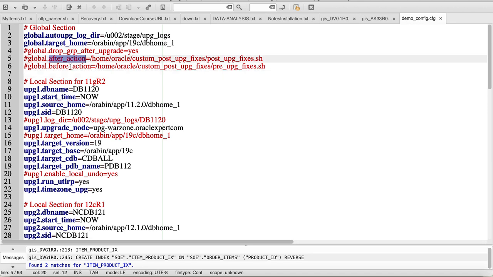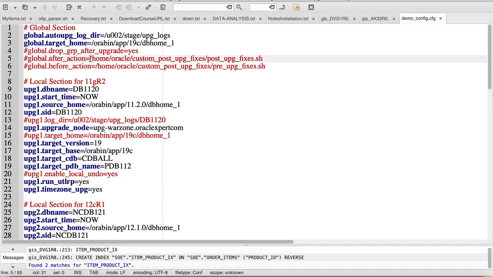As I said before, I am going to demonstrate how a before-action Unix script can be used to fix all the non-compliances before doing the actual upgrade, which require manual intervention. So instead of manually intervening in the upgrade process, I have written automation which will go into the source database and remove the Apex schema.